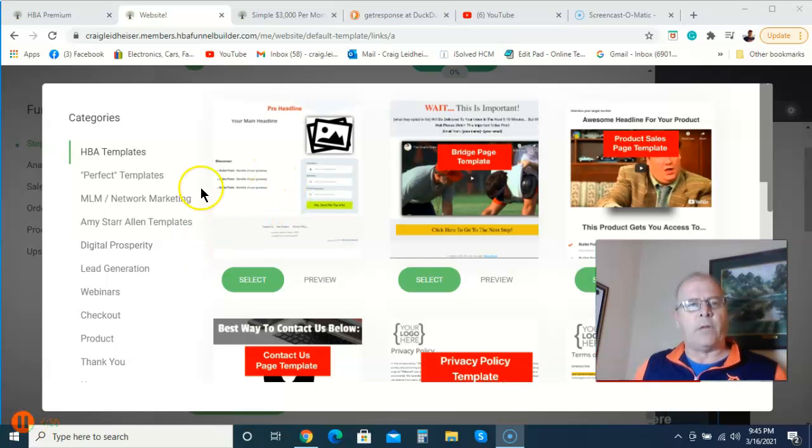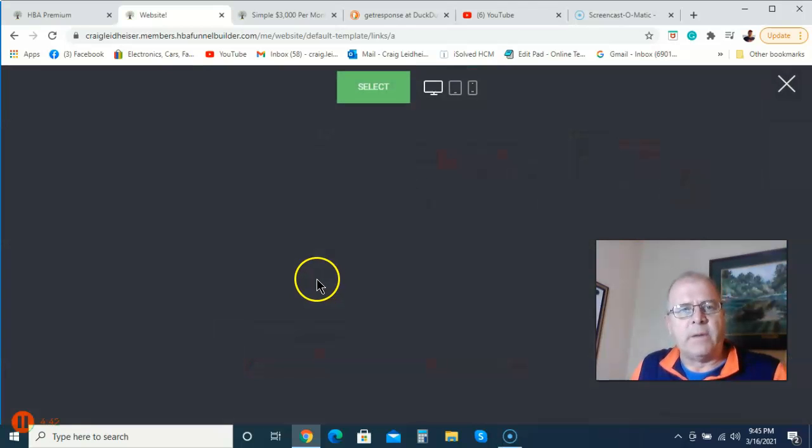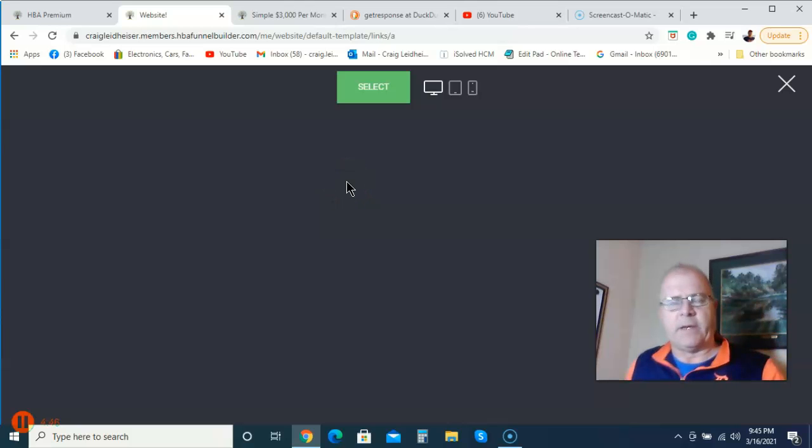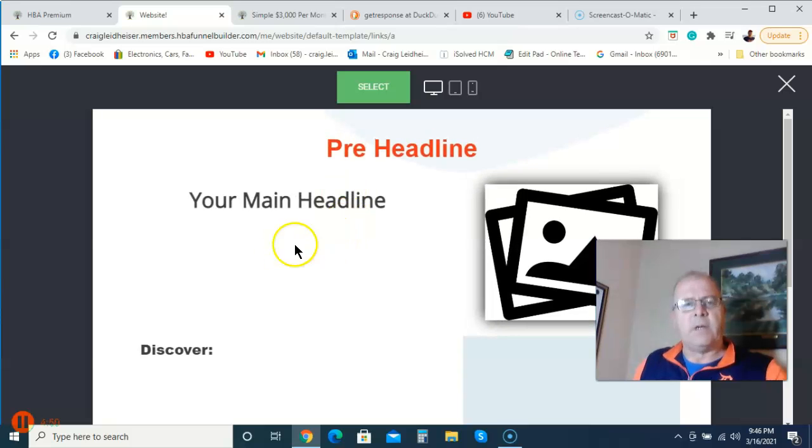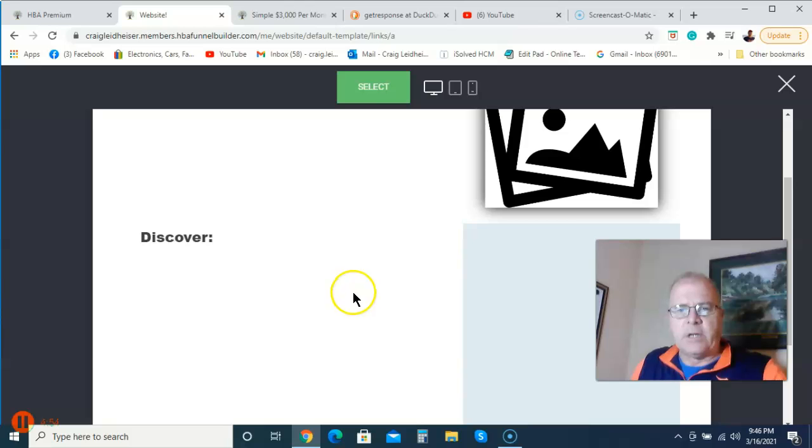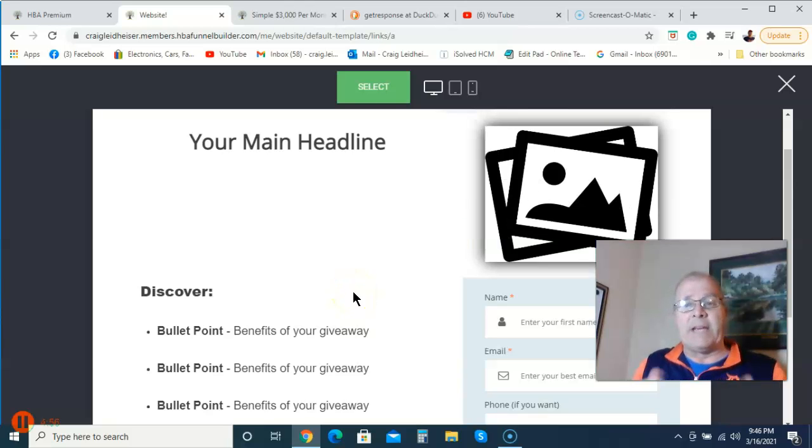Okay, so they have these really cool templates, and they can get really basic. Let's preview this one. You can go in and modify this any way you want. This is basically the same template that I used to create the DoorDash page. You just put your main headline in, add your images, and do whatever you want. I also can give you my exact DoorDash funnel